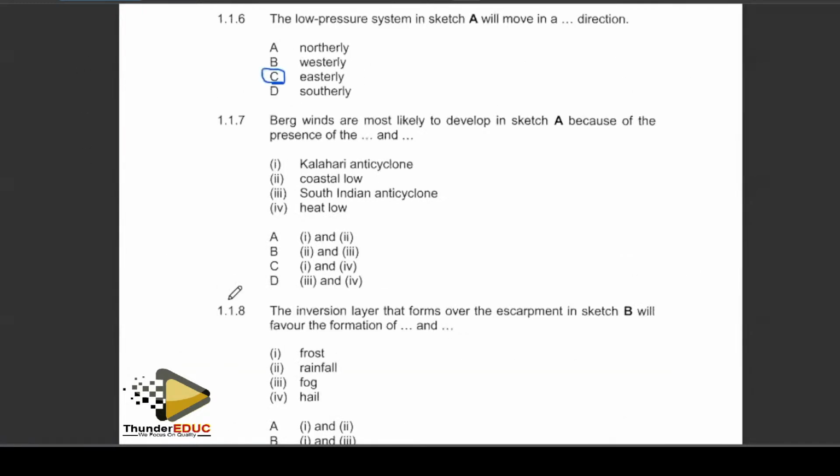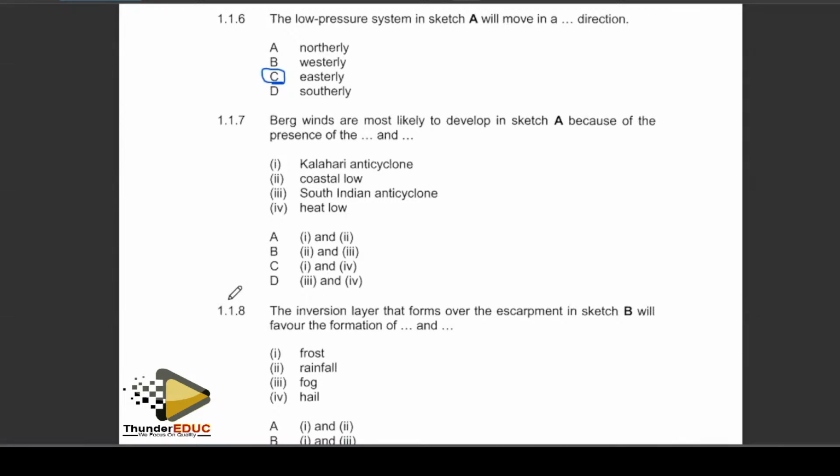Right, we got number 117. 117 is talking about the berg winds. The berg winds, typical South African winds, which are hot, gusty, and dry winds, which form as a result of adiabatic heating of descending air from the plateau as it gets to the coastal region. Right. And also what you should note with the berg winds,